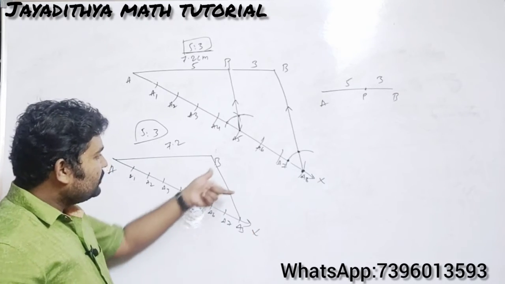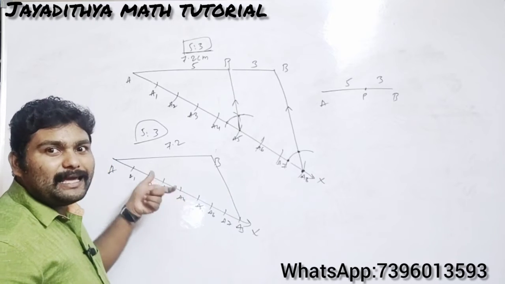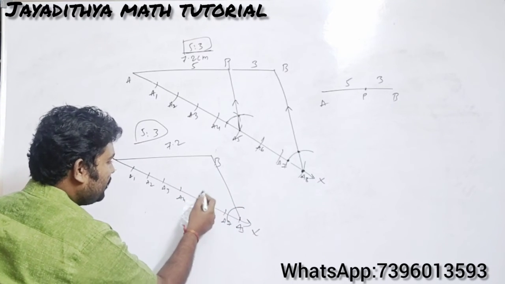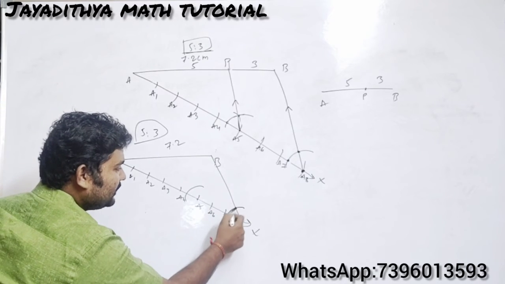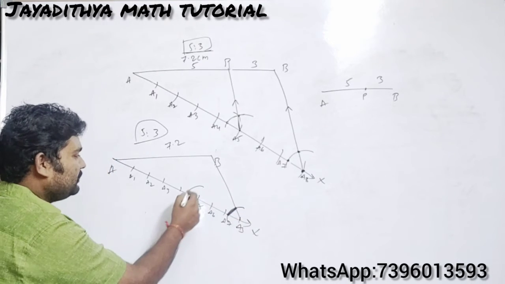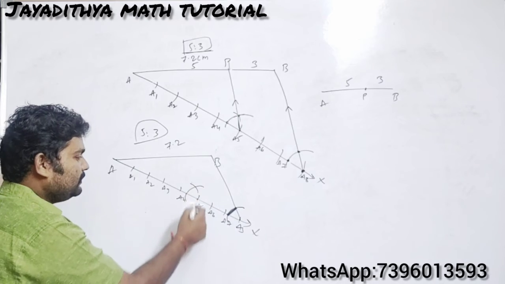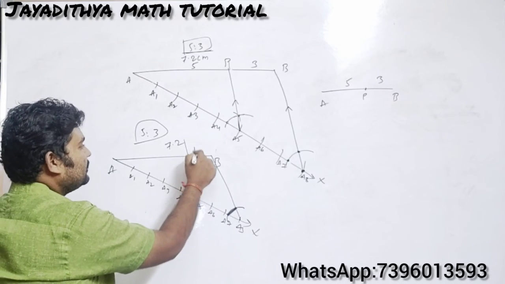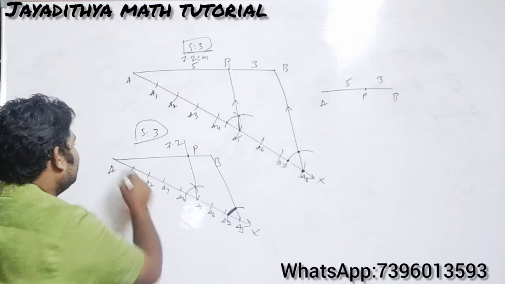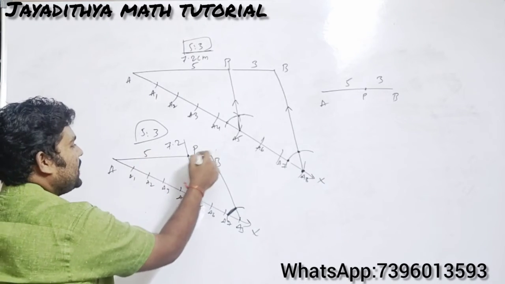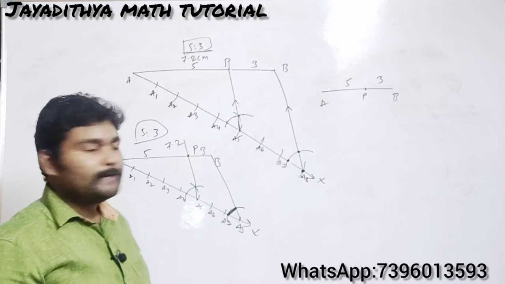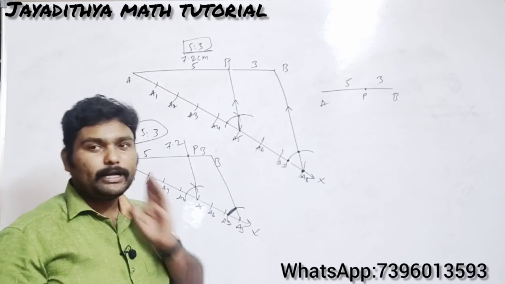After this, for this line you should draw a parallel line at A5. For that reason, draw an arc in this manner from A5. Also draw an arc, measure this length here with the compass, and with the same length cut this one, and join these 2 points. If you join these 2 points, this will cut AB at some point P. Now AP will be 5 parts and PB will be 3 parts. Your line is divided in the ratio 5:3. That's all. This is a very important construction.